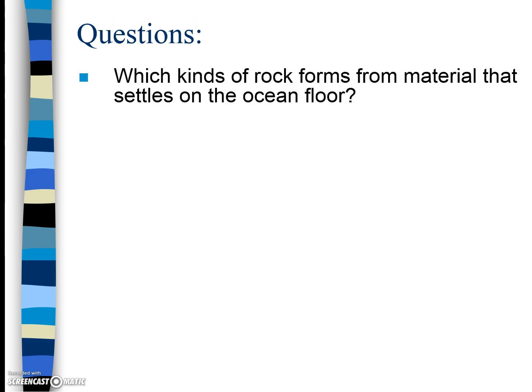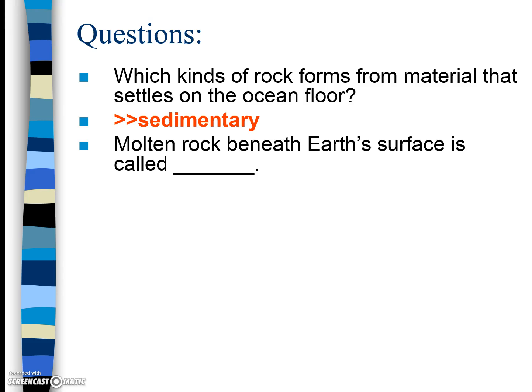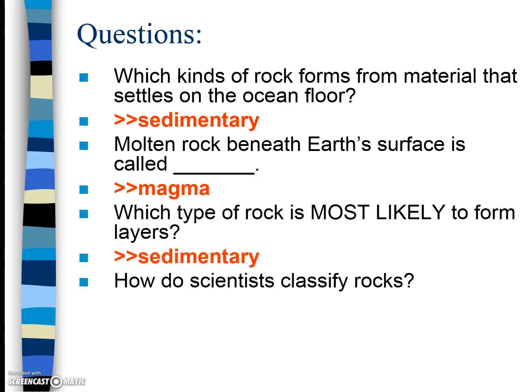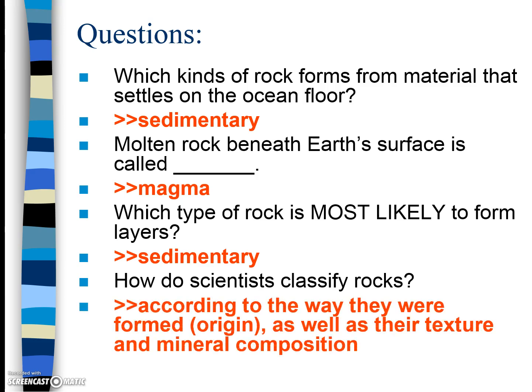There are a couple more questions for you. What kinds of rock form from material that settles on the ocean floor? That would be sedimentary rocks. Molten rock between Earth's surface is called magma. Which type of rock is most likely to form in layers? That would be sedimentary. How do scientists classify rocks? There are 3 answers to this. You need all 3. According to the way that they were formed, which is the origin, as well as their